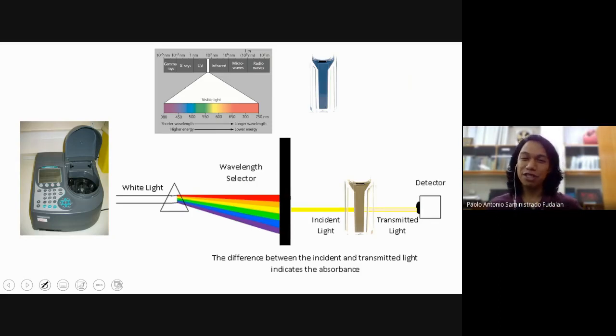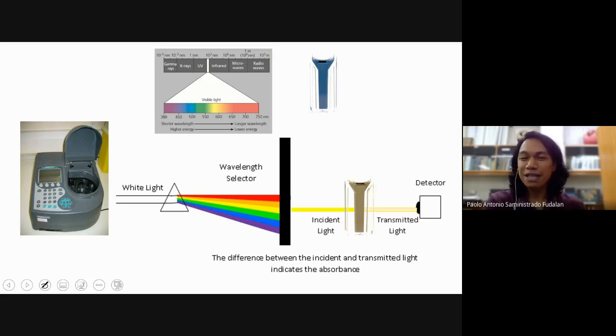So if you notice, our blank is reddish brown in color because it only contains the dye, the Coomassie Brilliant Blue dye, and the phosphate buffer, and there are no proteins present. So when you put it in and press B on the spectrophotometer so that it will test the blank cuvette,